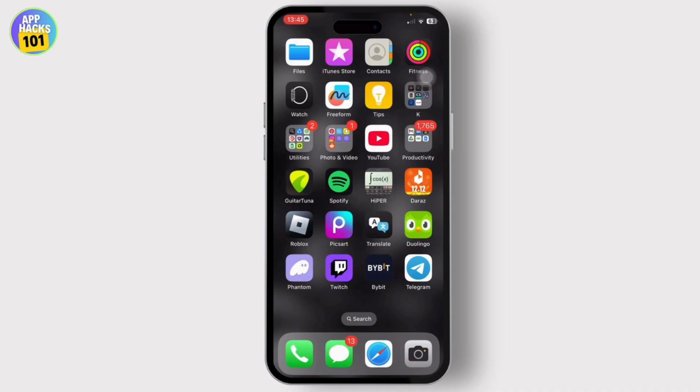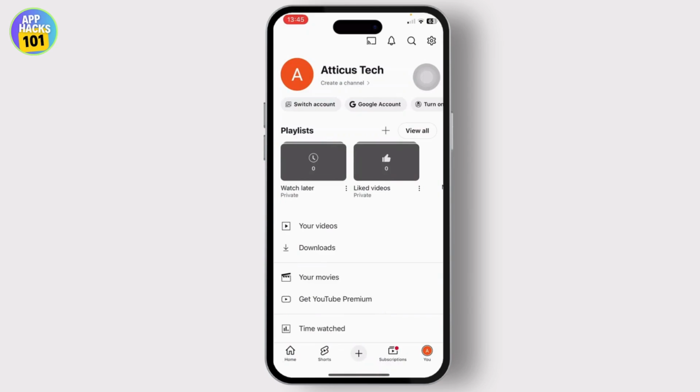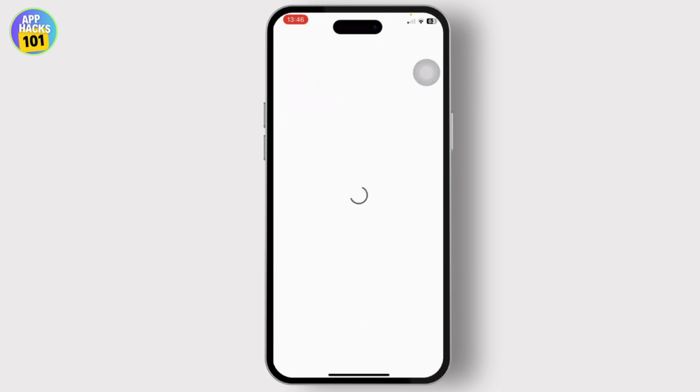Now let us begin. First, head over to your YouTube and make sure that you're logged into your account. After you do that, head over to your profile section that's on the bottom right, tap on your U icon, and then after you're there, under your username, you should see an option that says create a channel. Tap on it, and after you tap on it, it will take some time to load, but it will redirect